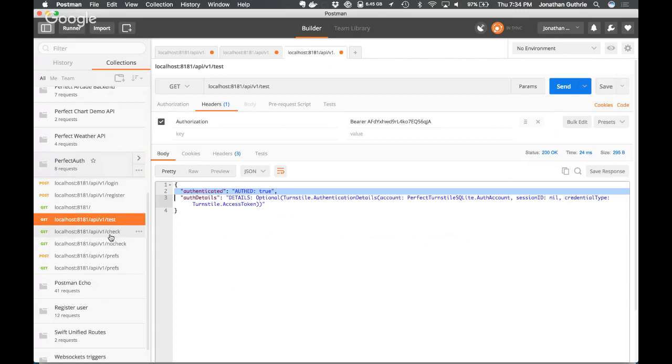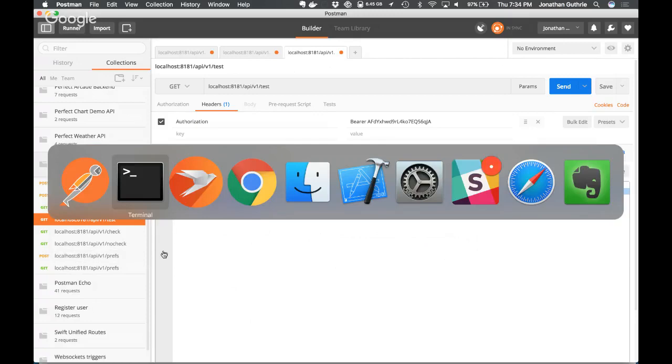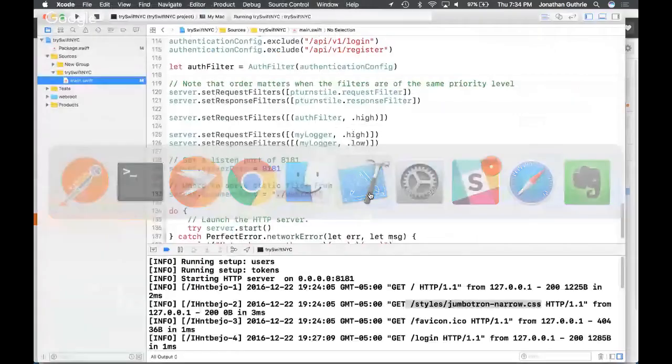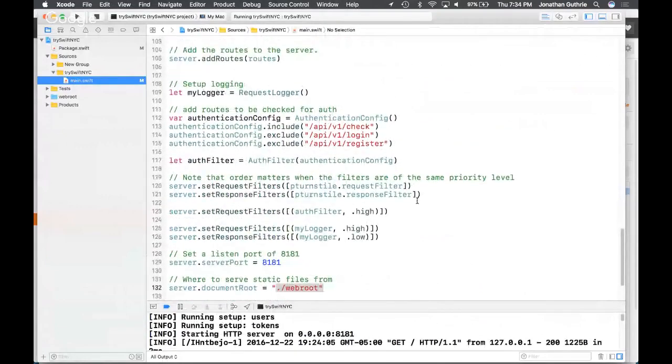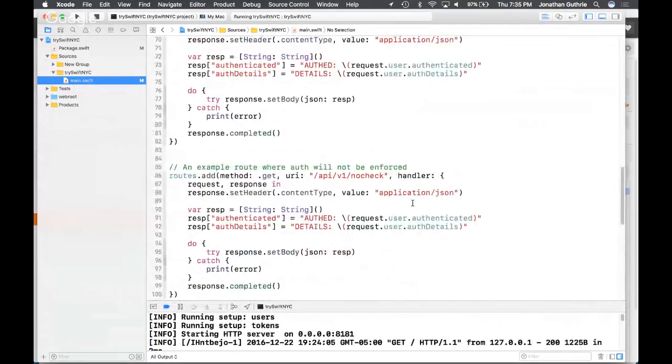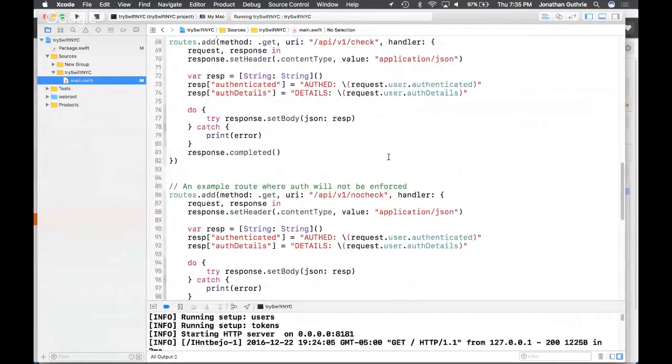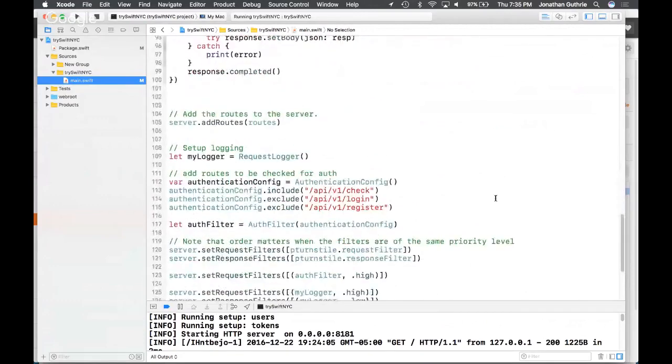We can then look back here and see there were some other routes in there as well: the check and the no check. These show you how you can filter things for enforcing authentication, or saying, hey, I don't want you to have it. So check.